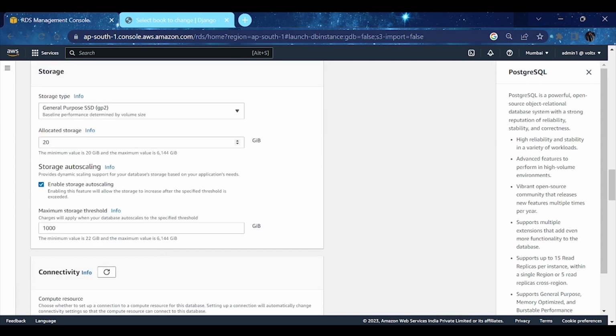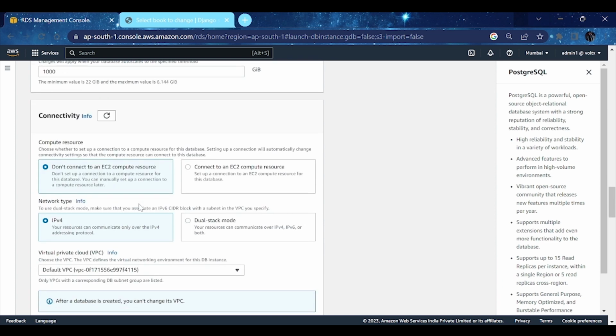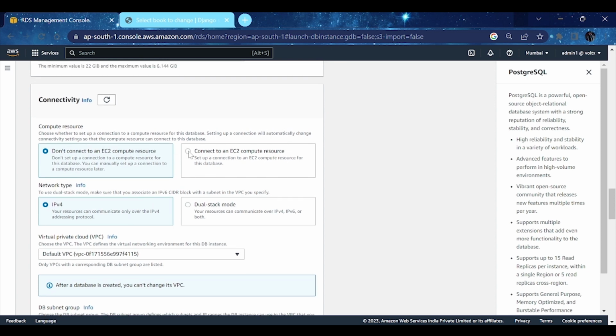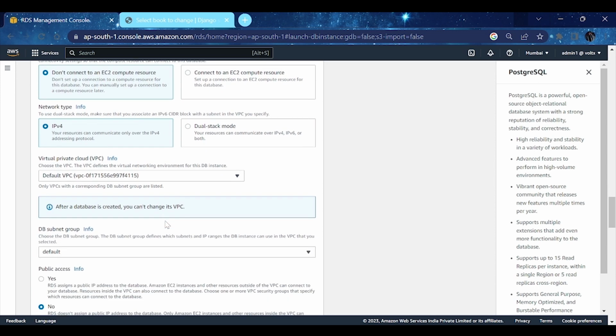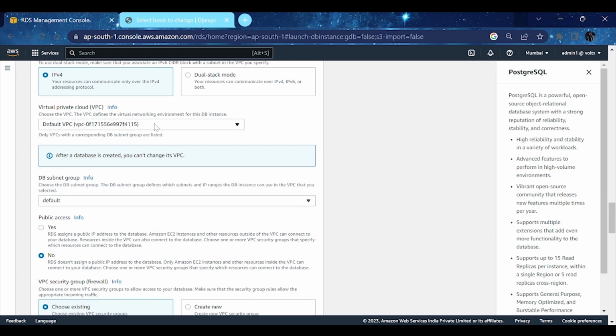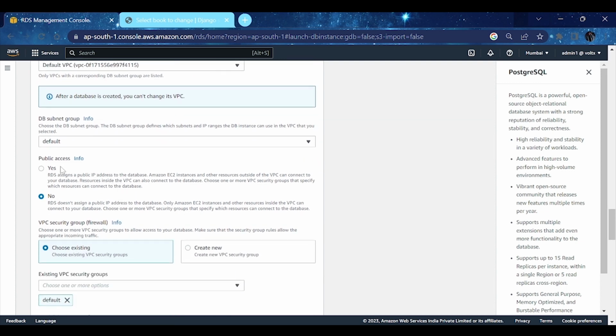You can actually change the storage too. You can do it as per your needs, or you can actually connect an additional EC2 compute resource or instance to your database instance. VPC subnet groups, you will see all that. Now make sure you have checked publicly accessible as yes,